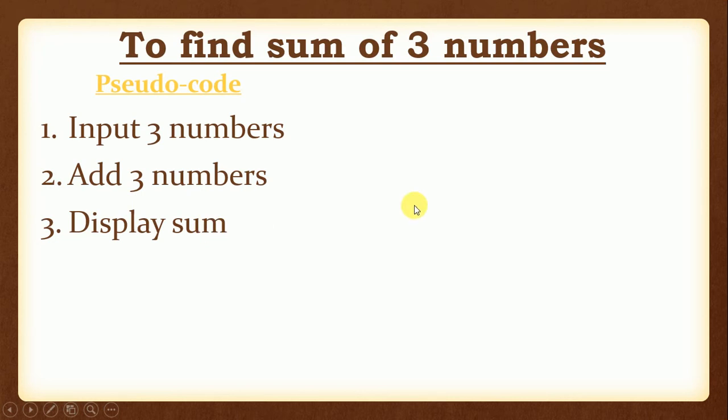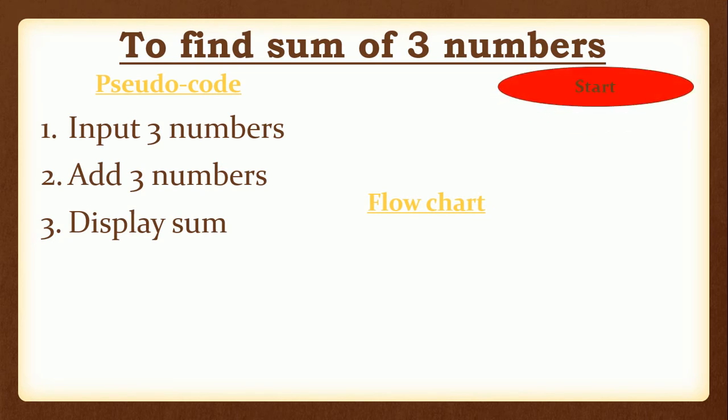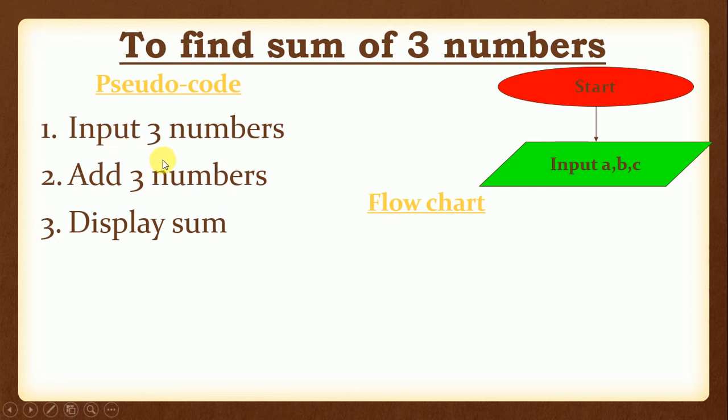Now we are going to draw its flowchart. As you all know, while drawing the flowchart, we have some special symbols reserved for different work. So first of all, we have the start symbol, with the help of which every flowchart starts. After that, we have the connectors, or you can say arrows, which help us to connect two shapes together. Then we need to input the three numbers. So for taking the input, we need an input output box which is in the shape of a parallelogram, and we'll write in that one input A, B, C.